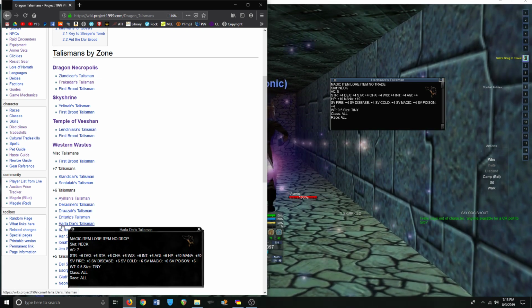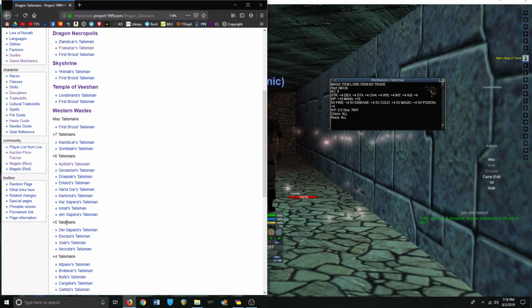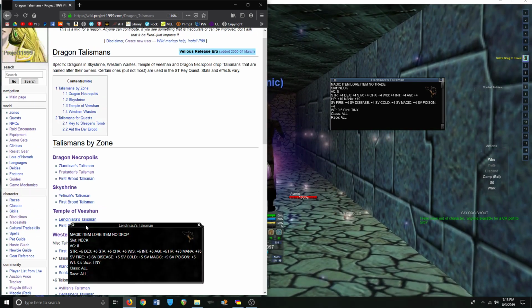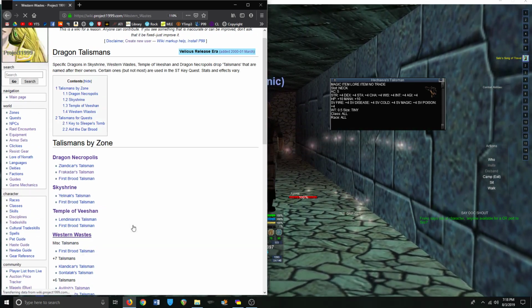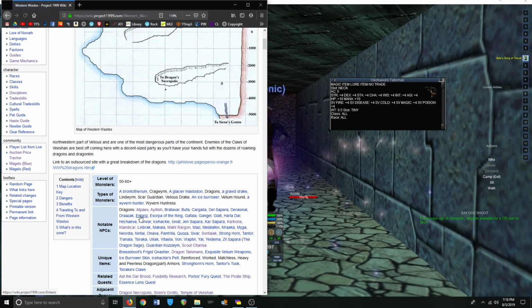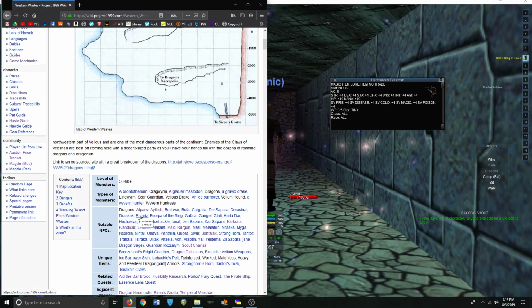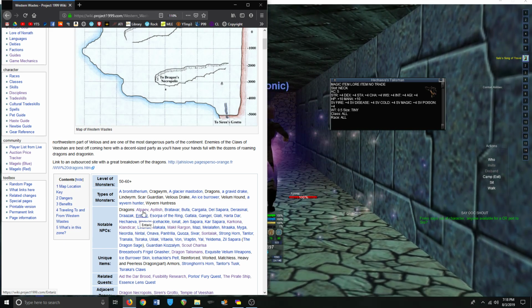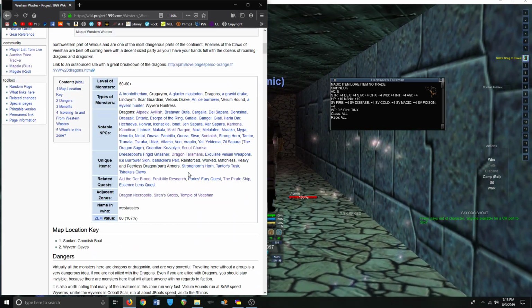+6 are dropped in Western Wastes. All these +4, +5, +6. So not that bad. And there's one other quest I wanted to mention. And oh, these are all so everybody can use them. One other quest I wanted to mention, which is